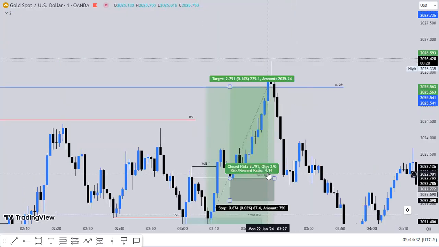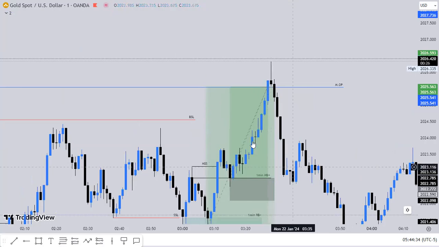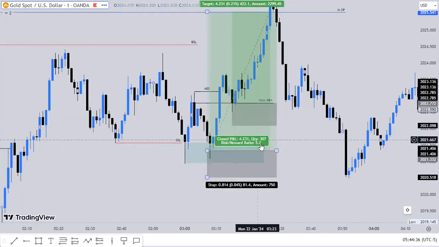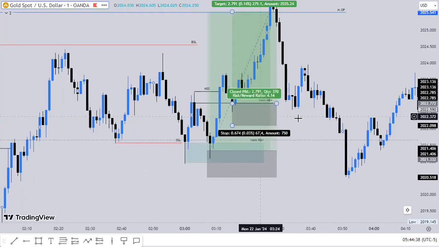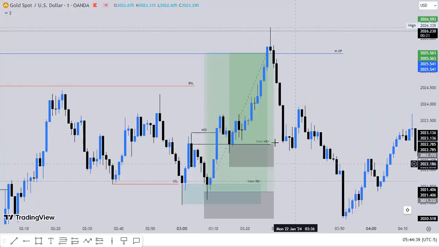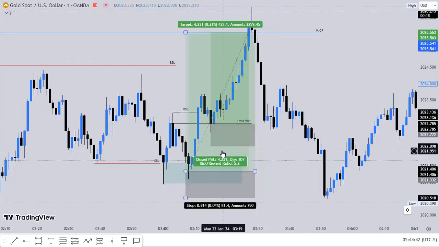This was a 4.14 risk to reward ratio, and this was a 5.2 risk to reward ratio. You don't want a big move of pips, you don't want 100 pips in gold. You need the RR. This is the first lesson I teach you. If you have a good RR in your trade,